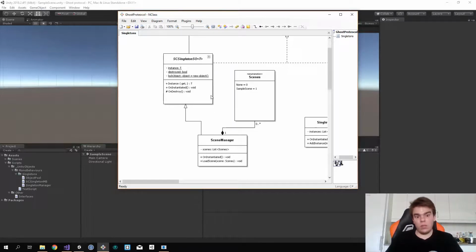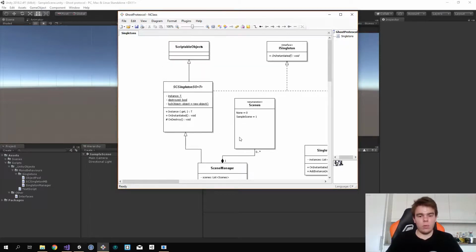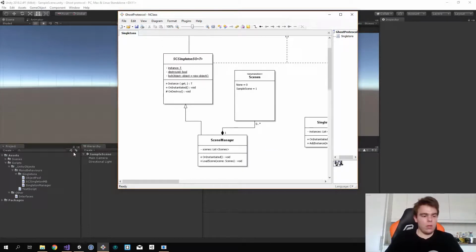So it's basically the same style as in the mono behavior. So I will just start by making the base class, and then I will make a scene manager, which I will expand upon later as well. Alright,